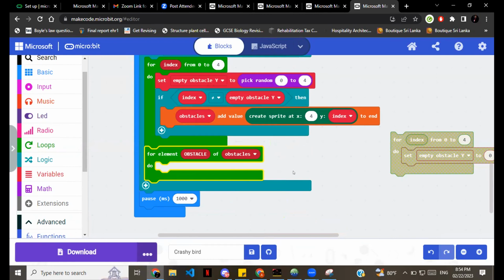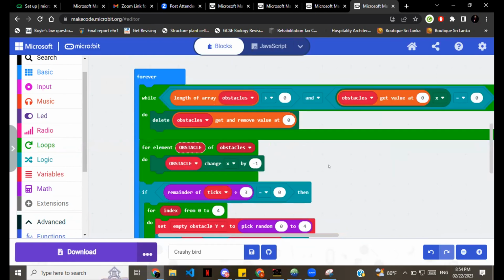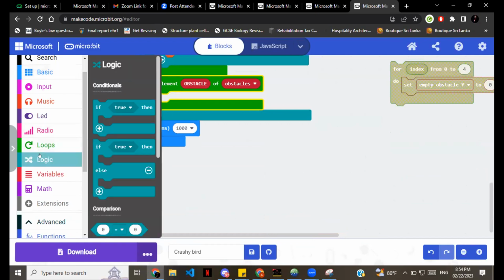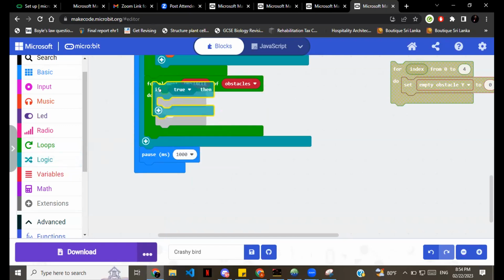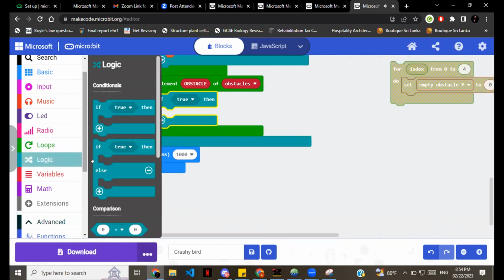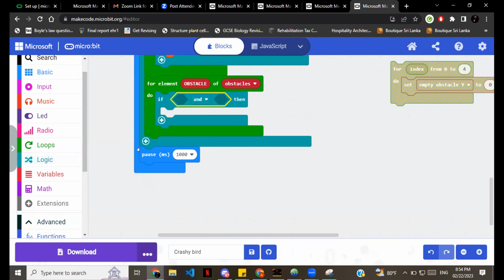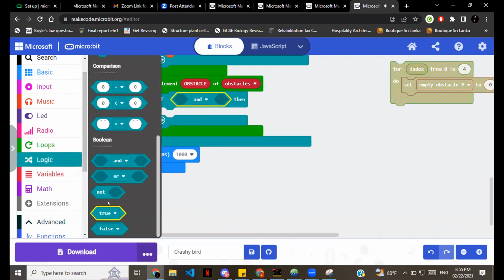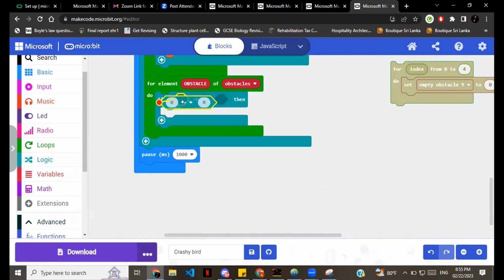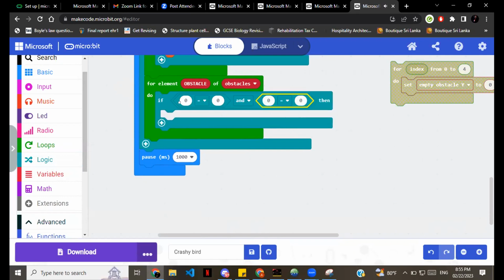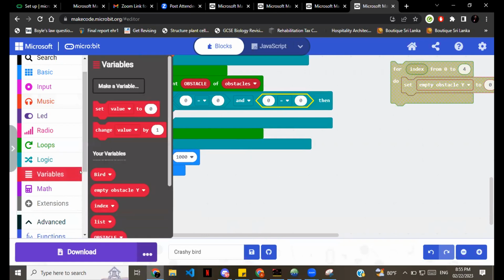And inside this, you have to put the if then, to put command. And then you have to put this one to both left and right. And the variables,